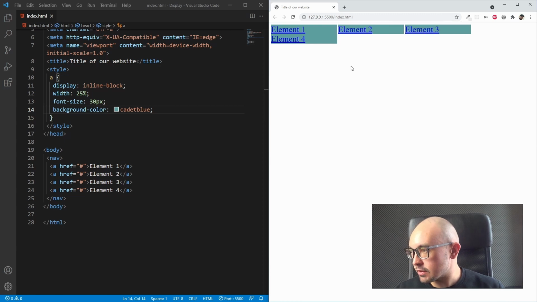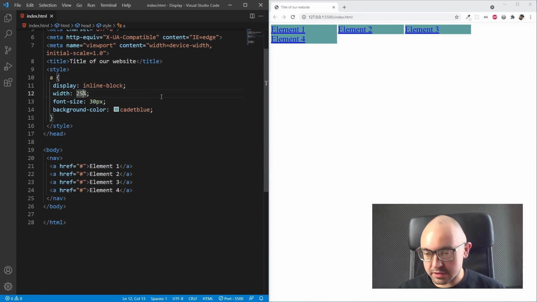And let me assure you that these little spaces are not the margins of our elements or anything like that. They're just there and they take space. So our 4 elements can't fit into one line because of this. Now I will tell you how to deal with it, and I will tell you about the other downsides of the inline block value, but we will focus on that in the other part of the course. For now, we can just use a simple trick,